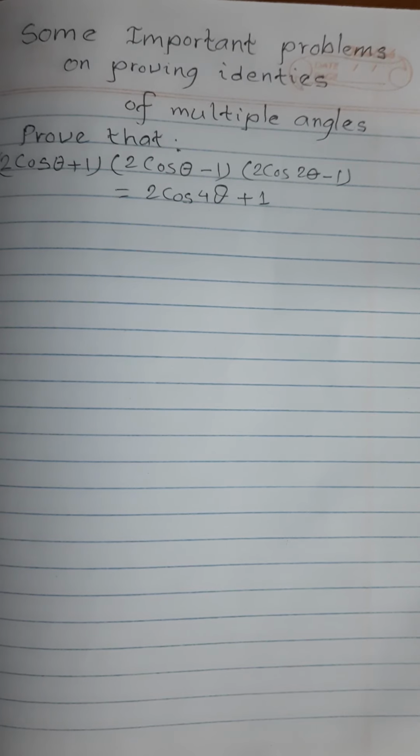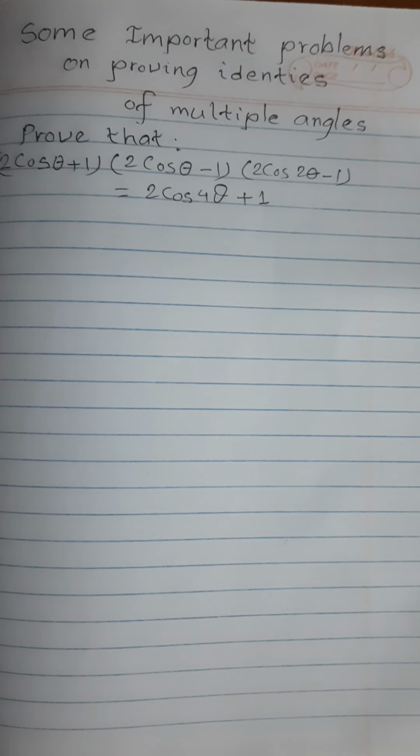So if you can prove one identity, then you feel like proving another, and if you can prove the next, then you feel like doing the next identity. In this way, a chain reaction will be created, and ultimately you will be solving so many problems. Here I have brought some important problems on proving identities which are frequently asked in board examinations. This doesn't mean that you only need to do this much, but this will create encouragement in you,